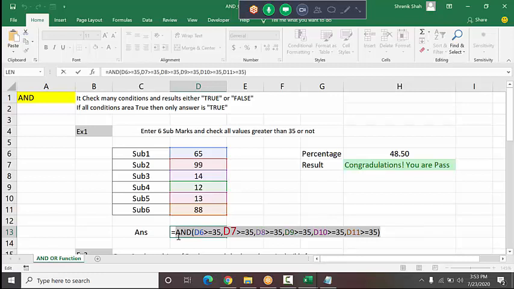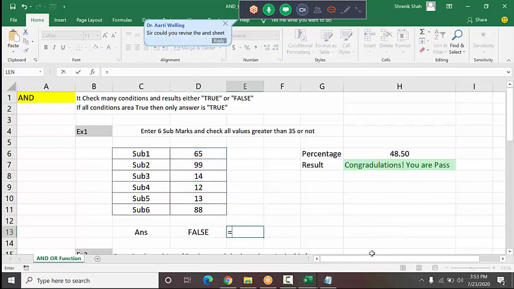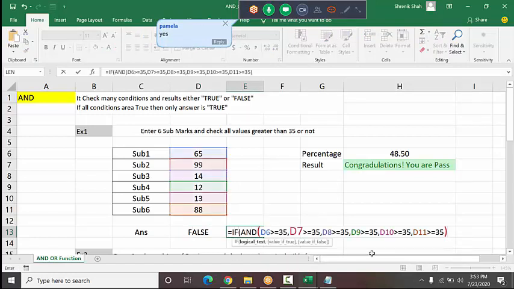See here, I'm checking the conditions, so I select the cell like this. I press Control C and then I just escape. After Control C, I cancel editing the formula. In the next cell I type equals IF function, and in the bracket I paste using Control V.